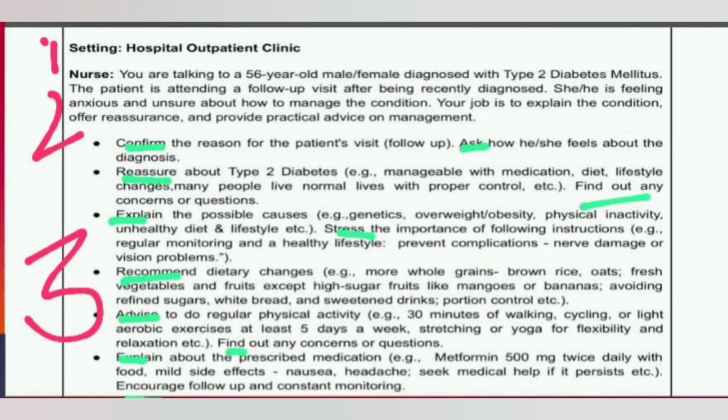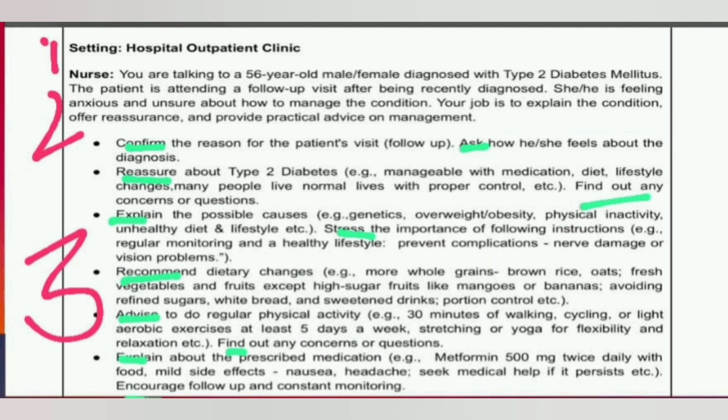So please guys, keep these three main components as a method in your role play: one, reassurance, then we can explain our task, and the last is the questioning or clarifying whether the patient understood or not. Okay. So well, now we are coming back to our point, that is third task, second sentence,